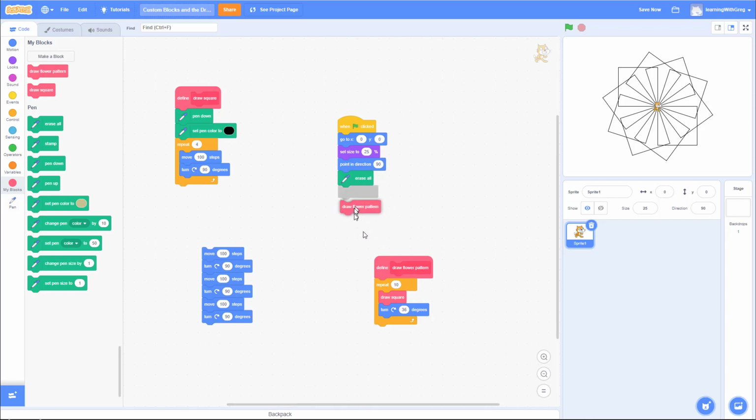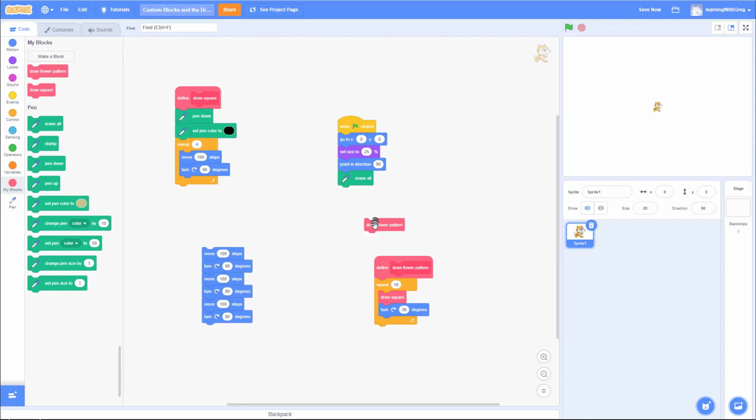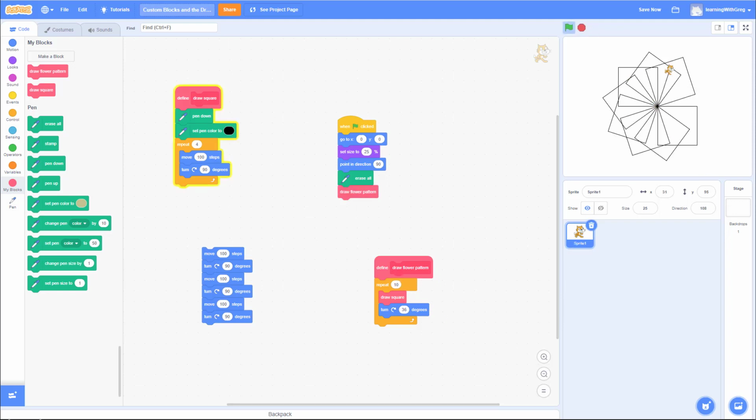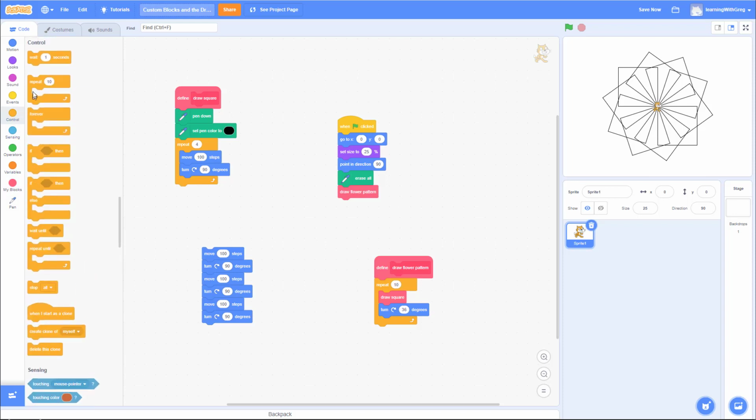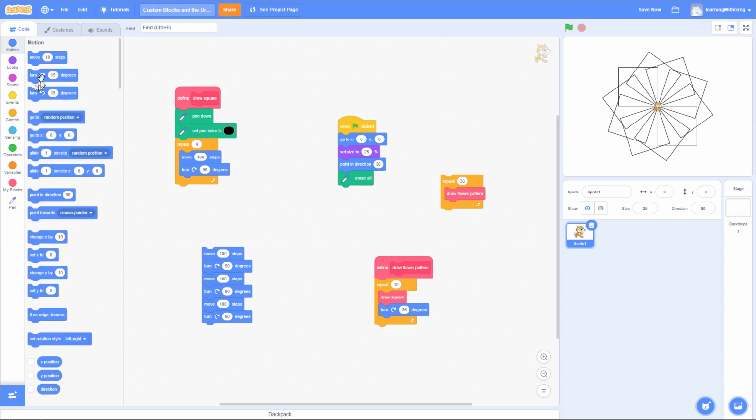So now if I replace all of this, let me just clear the screen. If I replace all of this with this draw flower pattern, then I could play that and make it draw on screen. If I wanted to see that, yes, it's working, I could do a control loop now, and I could do something like repeat 36 times. And each time I go 36 times, I want to draw the flower pattern, and then I want it to rotate at the very end of it 10 degrees. So if I do something like this here,